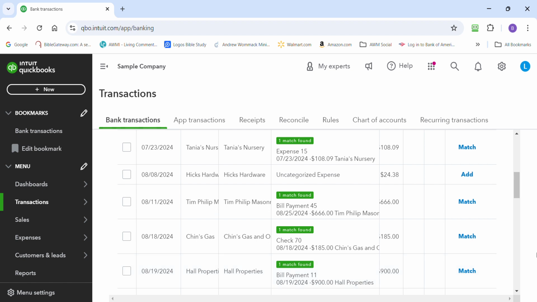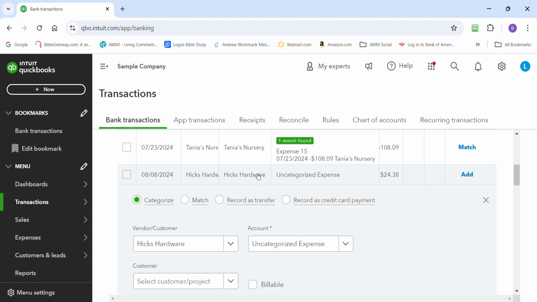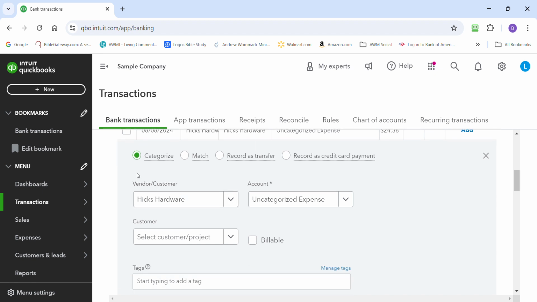Now let's look at this one here, Hicks Hardware. QuickBooks did not find a match for this one. So we will have to add this transaction as a new transaction. There's no match for it, so we'll have to add it. So we click on the transaction to expand it. And this circle next to categorize would already be selected, meaning that you have to categorize this transaction as a new transaction. You'll be adding it to your